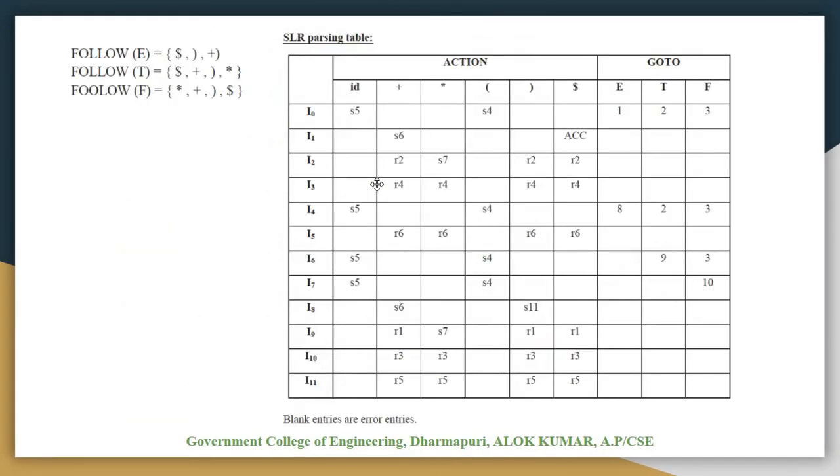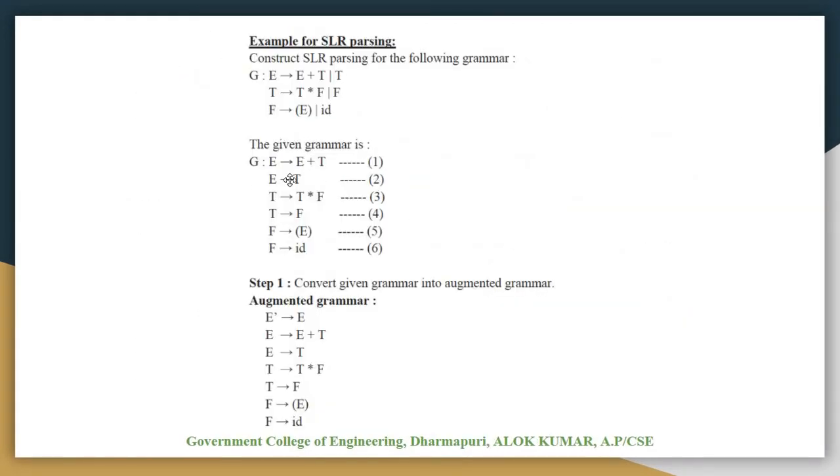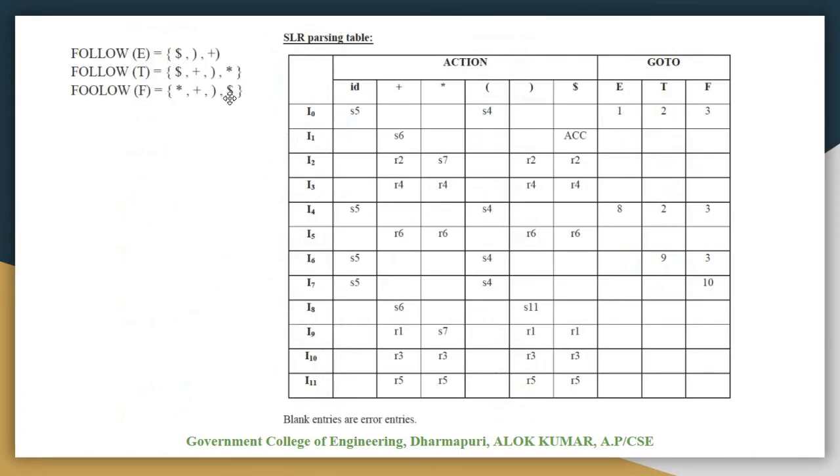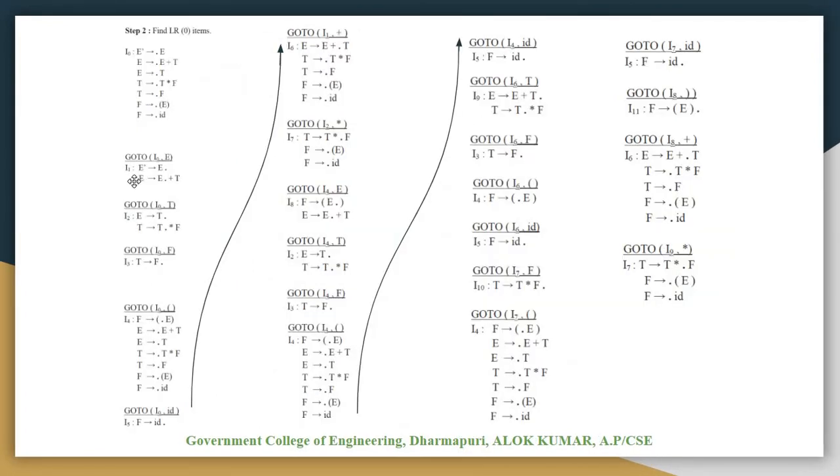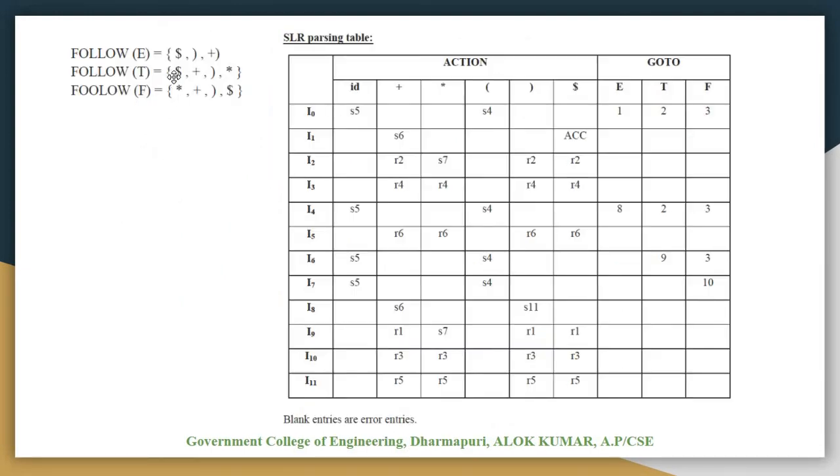The second production rule is there in this one. Because of this, we will find the follow of that E also, because after E the dot is coming. So here that is dollar, closing parenthesis, plus. At that time we will keep R2, R2, R2, these reductions because of this.